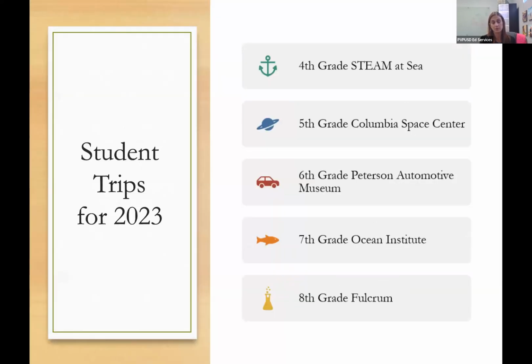to go back to here real quick. These field trips are covered at the cost of the district, so we do not charge our students to attend these field trips. California leaves the gifted education funding up to the local school district to decide. So our school district has put aside some funds for GATE, and when we're offering a trip, we like to take the cost of it off